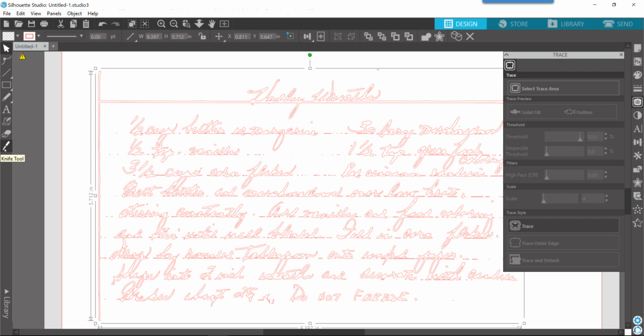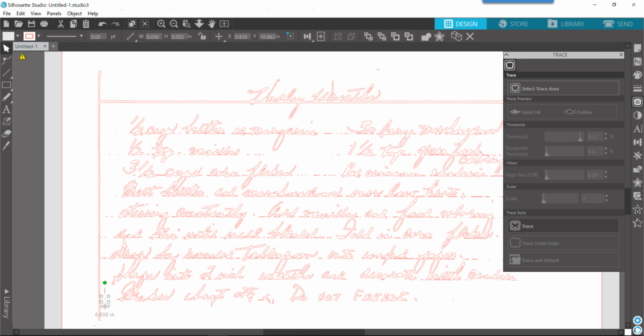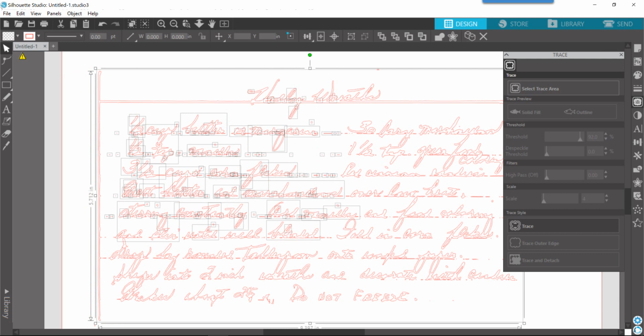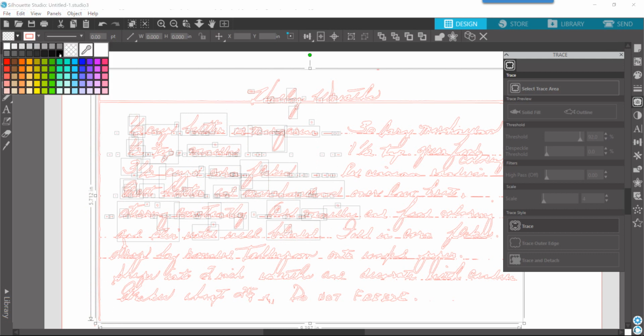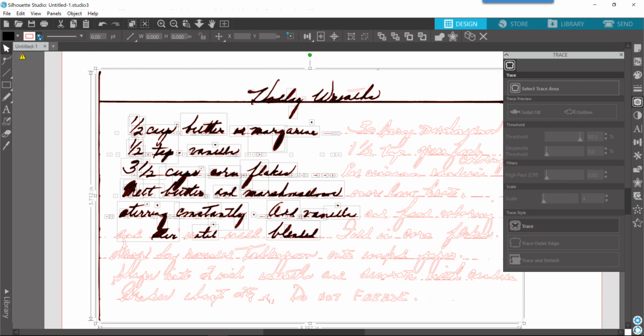But now that you have your trace, you have the ability to work with that and, like I said, clean it up. You can fill it with color. We'll just do a portion of this so you can see. And when I make it a compound path again, it will actually look like letters. So there's the handwriting that's been traced. So this should give you a better understanding of tracing, what to do when you don't have that full yellow coverage,